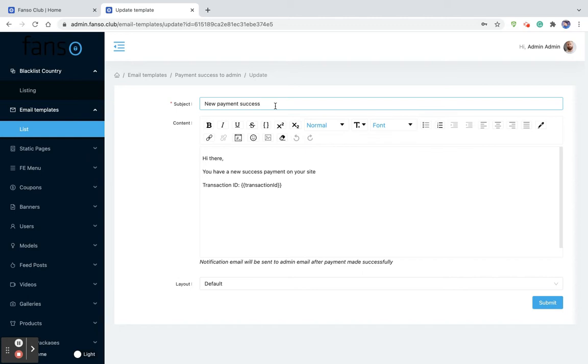So this email template is for new payment success, right? For example, when you make a token purchase or when you make some sort of payment on the platform, it sends you an email notification for the payment success. So you can change the subject line, you can change the description on the body of the email. All you have to do is not disturb this particular portion that comes inside the bracket, because it pulls the value from the database, right? For example, if the transaction value is $20, here it will show that $20. Here in this case, it shows the transaction ID. The transaction ID will be pulled from the database, so you don't have to disturb the items that are inside the bracket. Otherwise, you can change the text, you can change all these subject lines, and you can submit it. So this is for the email templates.